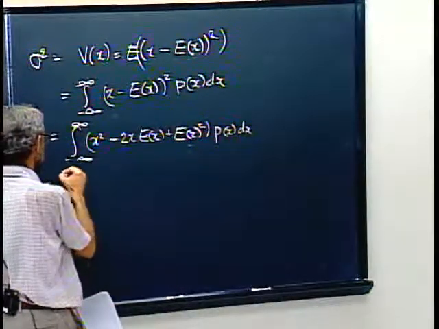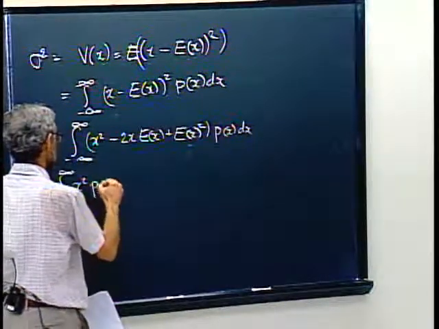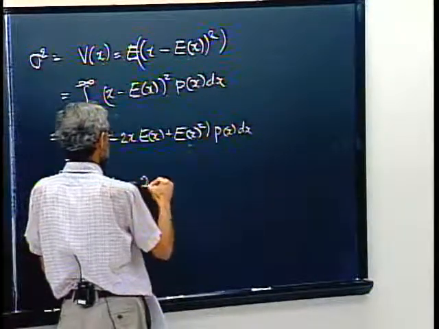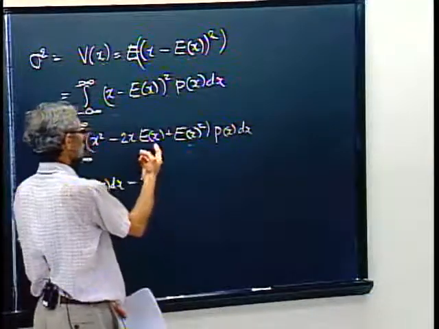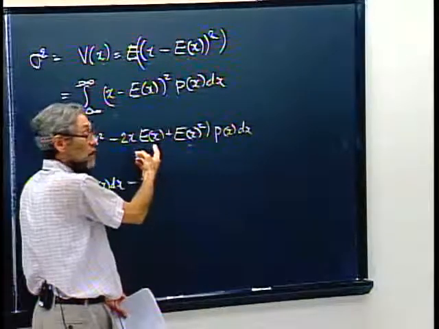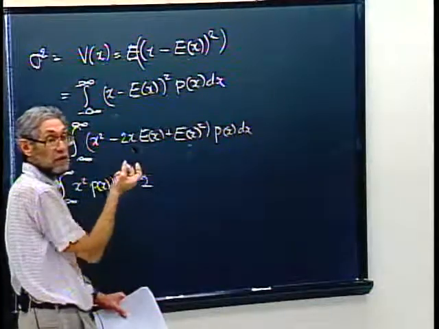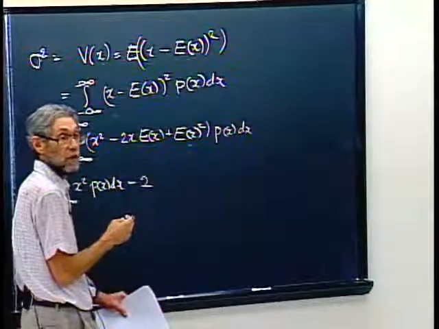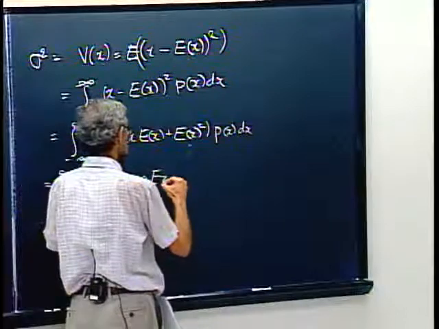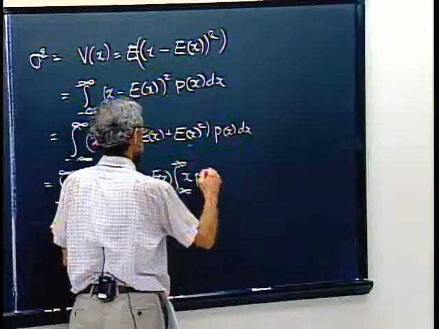And so maybe I'll make three integrals. The integral from minus infinity to infinity of x squared p of x dx minus twice. And from this, I'm going to factor out the constant E of x. So just like the distributive law for a finite sum, when you take a constant out from under an integral of a constant times the function is that constant times the integral of the function. It's a sort of a continuous version of the distributive law. So twice E of x, that constant times the integral from minus infinity to infinity of x times p of x